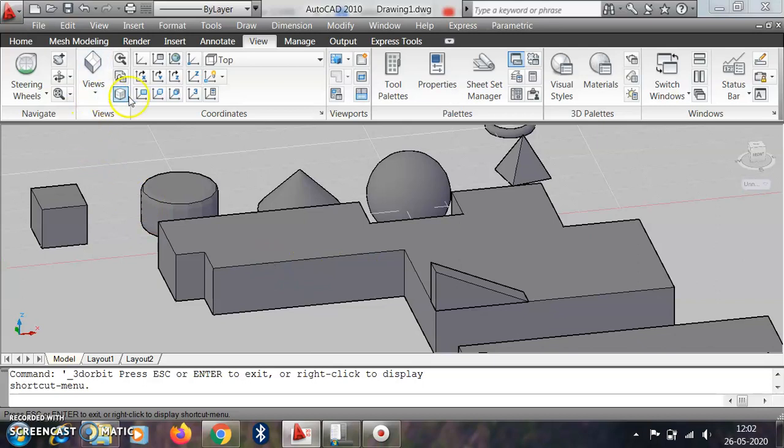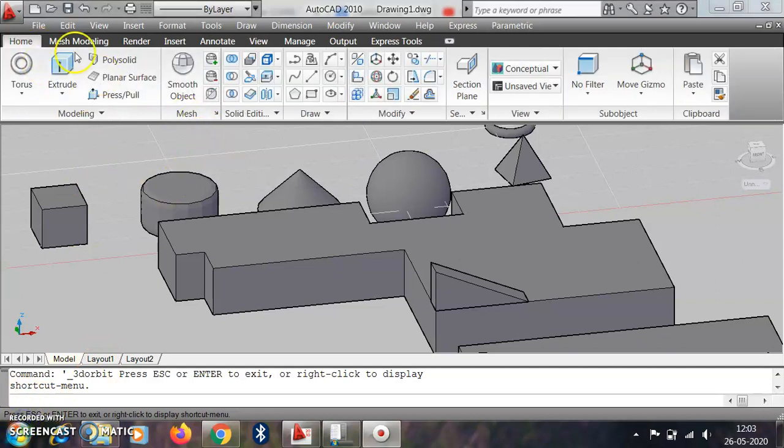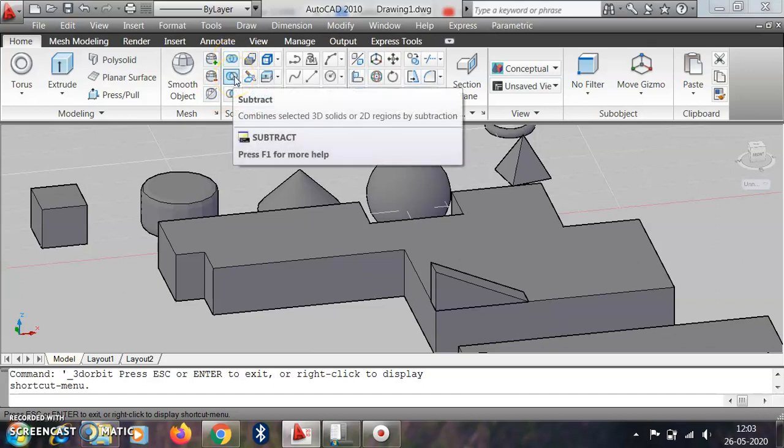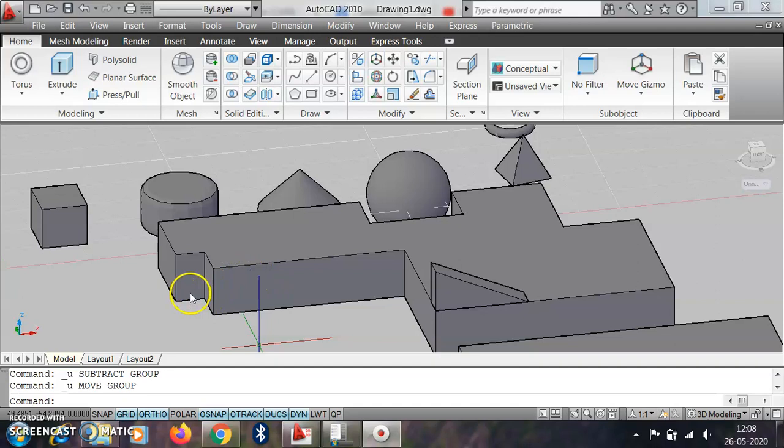The second very important command is subtract. To choose the subtract command, come to Home, and here this is union and this is the subtract command. To use the subtract command, one thing we have to always remember: the mesh size or number of meshes are the same in both the objects.